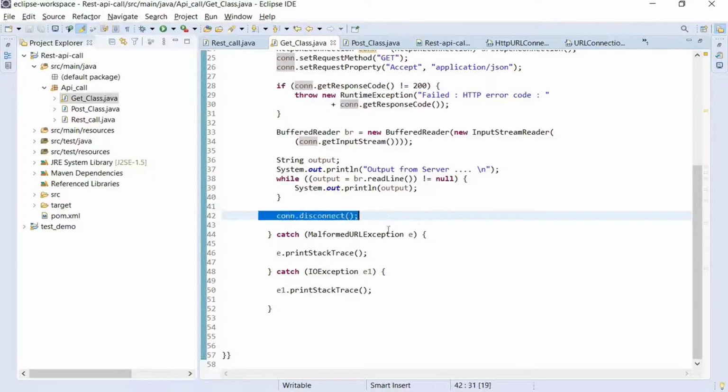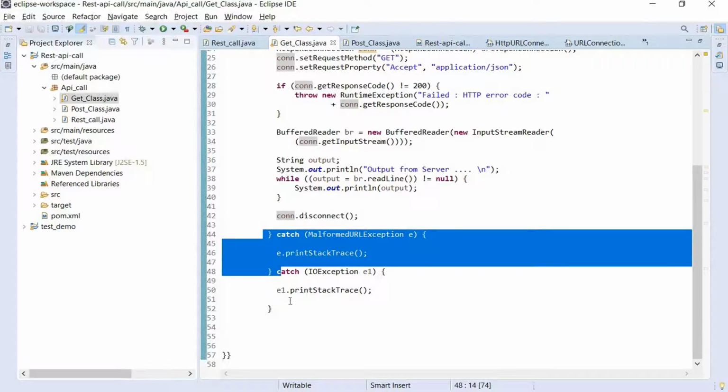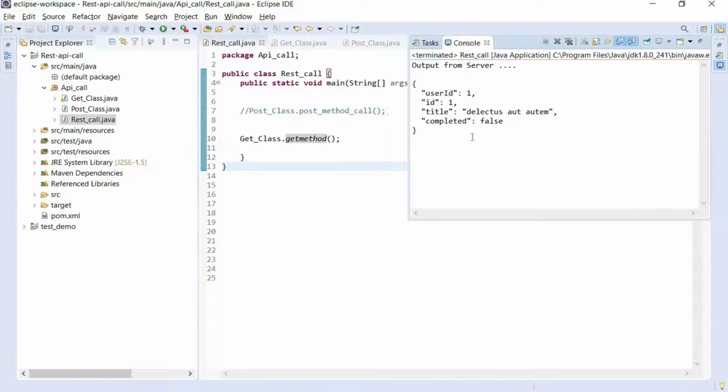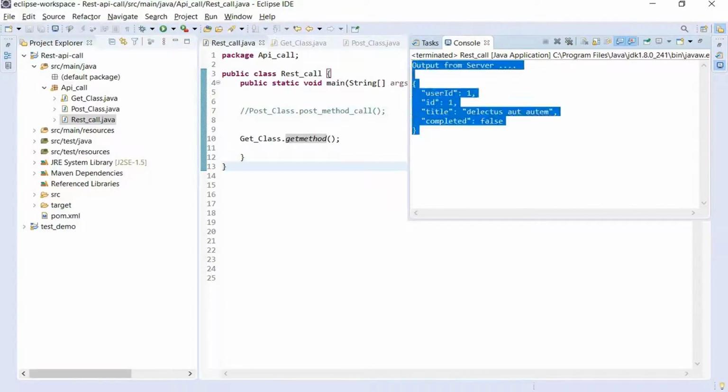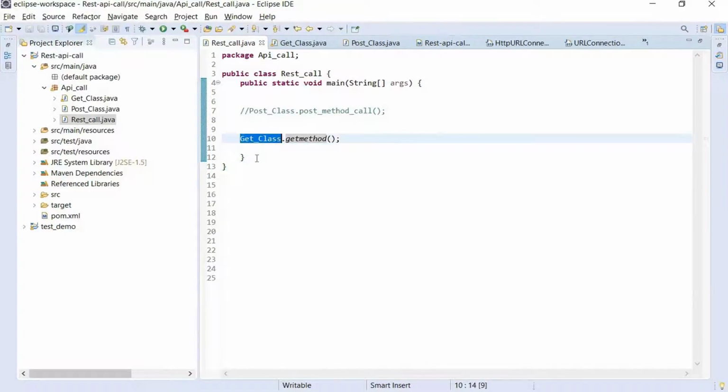And now at the end we will close the connection, and these are the catch blocks we are going to define in our application. So we will try this get method on our class. I'm going to call the method. So let's see, this is the response that I get after hitting that URL.